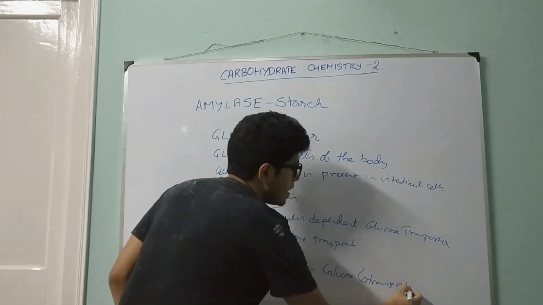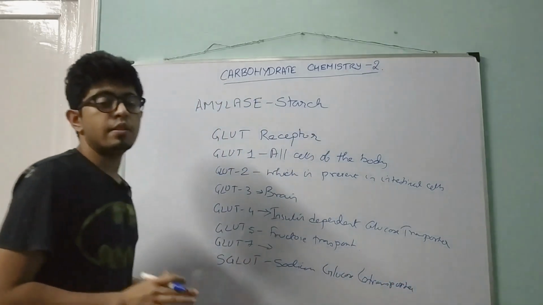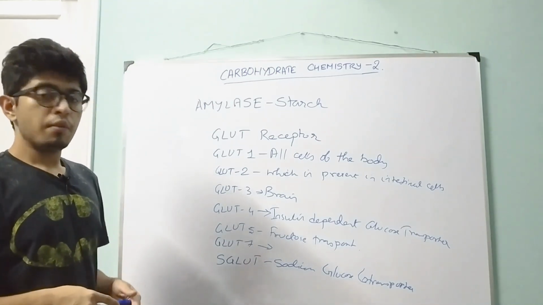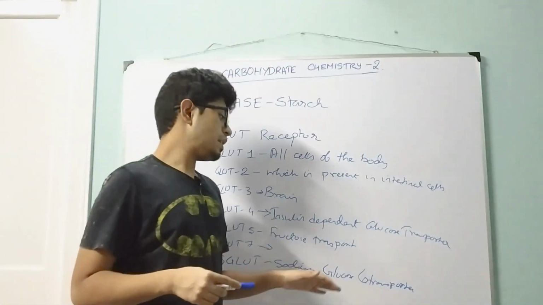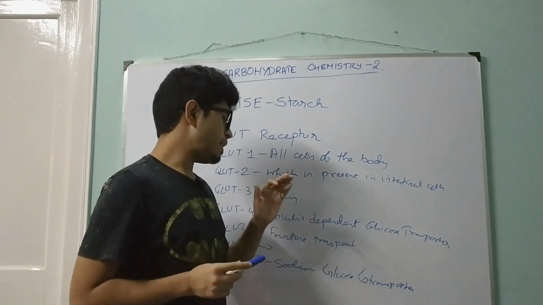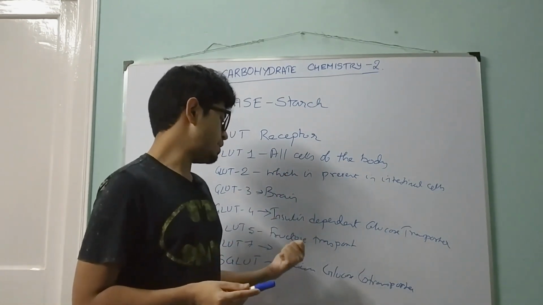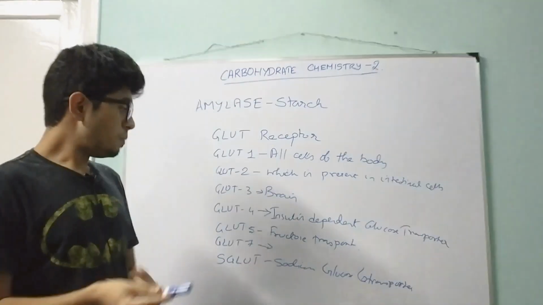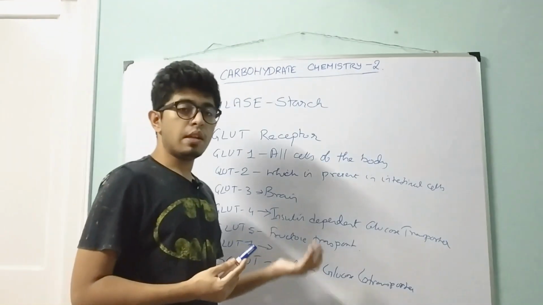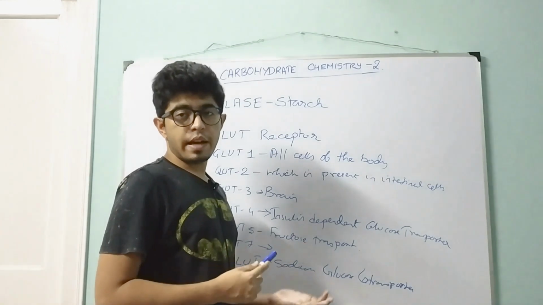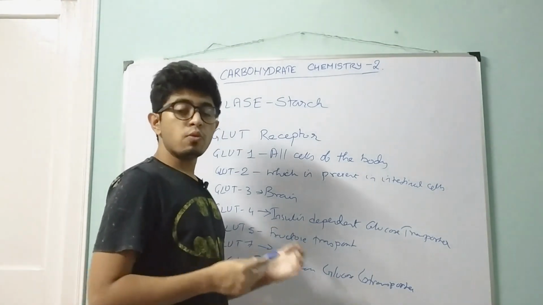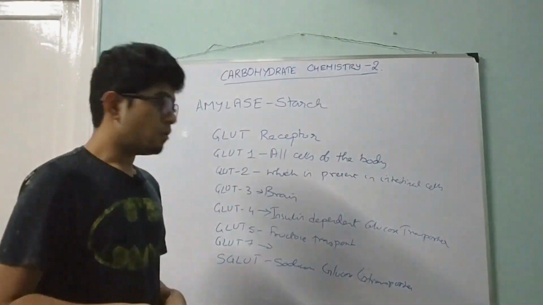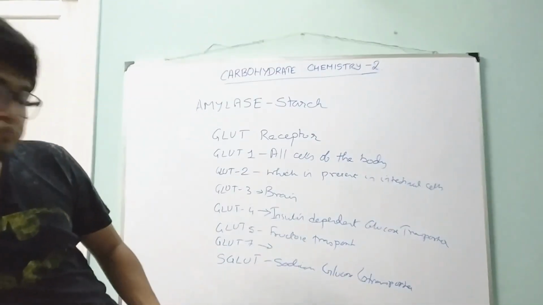In this, the energy which is required for the glucose molecule is acquired from the transport of sodium molecules. So first the sodium molecules enter, and the energy which is derived from this process is used in the transport of glucose. Now coming to the